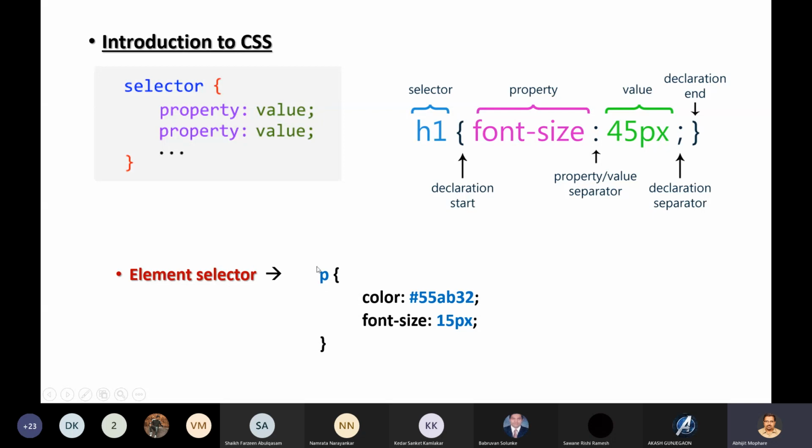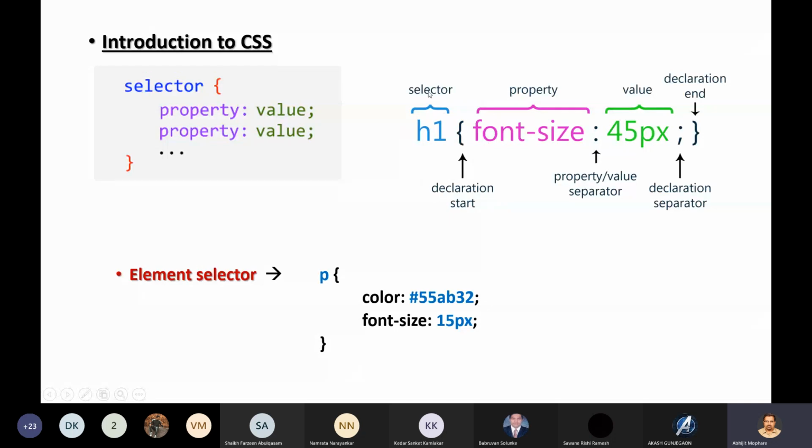So if I want to have the color and font size changed for a particular paragraph, then I will use these 2 properties: color and the value of the color, and then font size and the value of the font size. So it will increase or decrease the font. This is the syntax of the property and the value in your CSS rule.